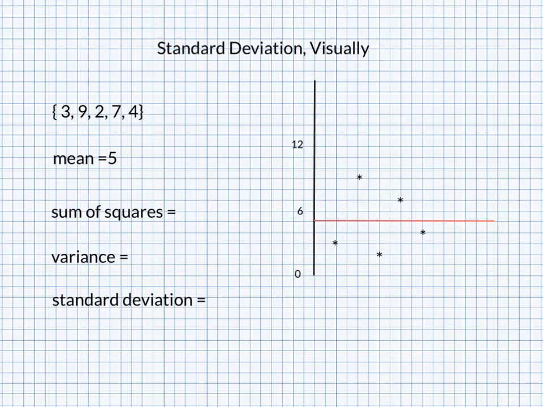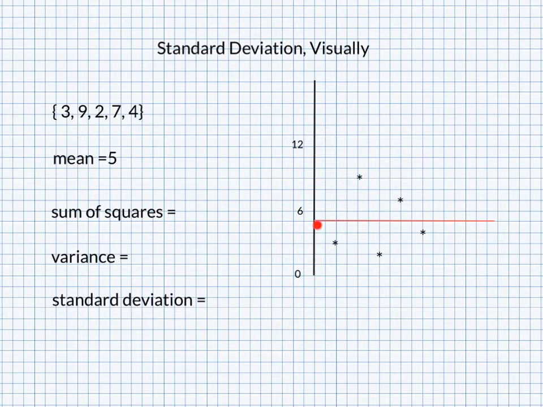Let's take a moment to look at the standard deviation visually. What I have over here on the left is a data set, 3, 9, 2, 7, 4. If you average those pieces of data, you get a mean of 5. And then what I've done over here on the right is created a vertical axis, which goes from 0 up